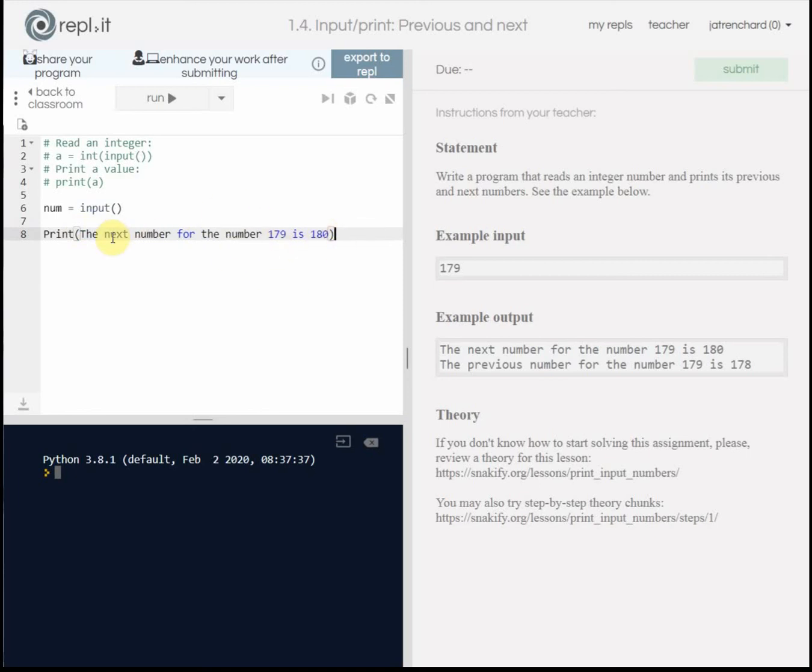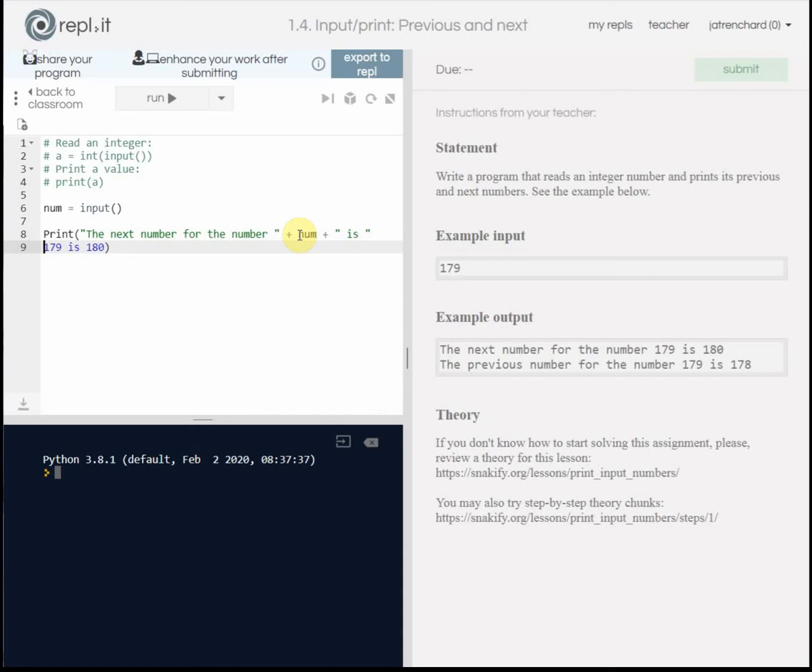Alright, so to actually print that we need our speech marks for the number. Now here what we need to do is put in our number. Plus num plus space is space,